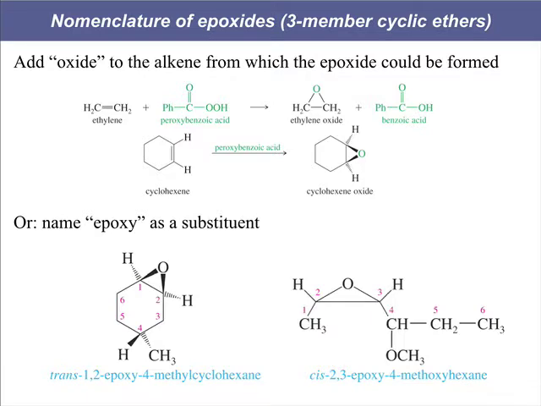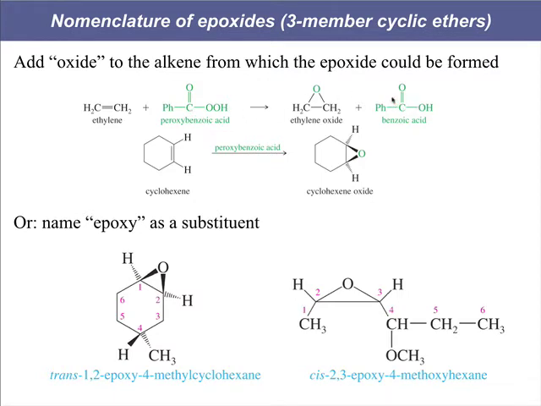Epoxides, we've seen before, are 3-membered cyclic ethers. Here I want to show you how to name epoxides. We saw taking a double bond in an alkene, reacting with a peroxy acid like peroxybenzoic acid. MCPBA is metachloroperoxybenzoic acid. And the result is that you get that epoxide formed between the 2 carbons involved in the double bond. You lose the double bond in order to make that epoxide, and the peroxy acid is converted back into